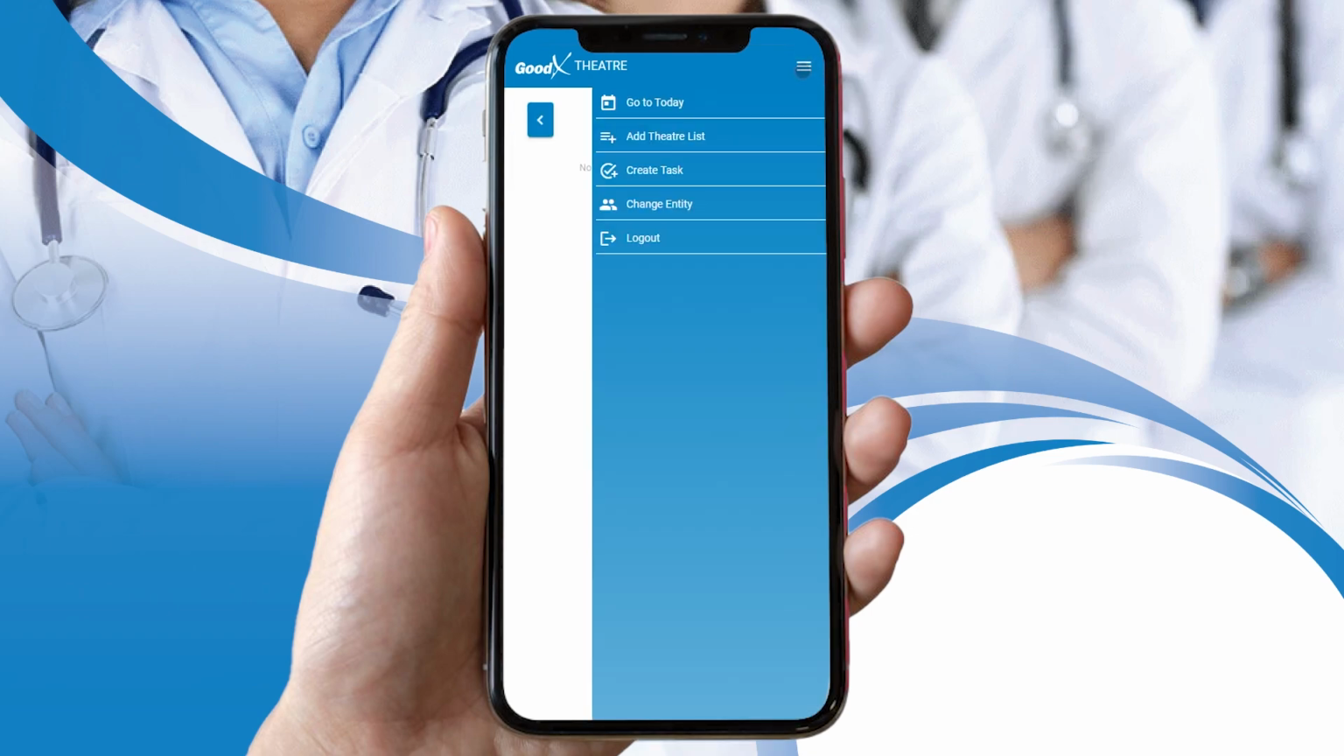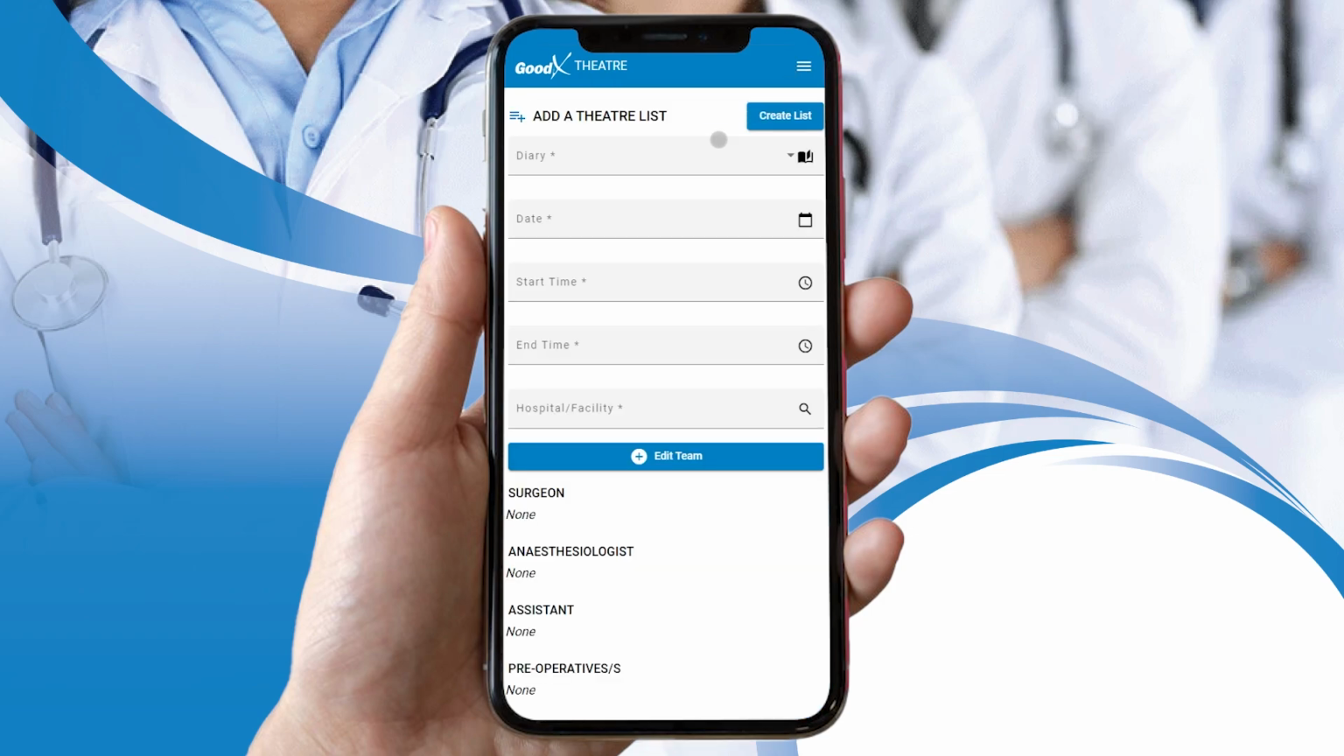Tap on the burger menu on the top right corner to reveal more options. Tap on the Add New Theatre List button to create a new theatre list. The Add a Theatre List screen will open, allowing you to input the necessary details for creating the theatre list and reserving your theatre time on the diary. For more information regarding the theatre list, please refer to the Theatre app Add Theatre List user manual linked in